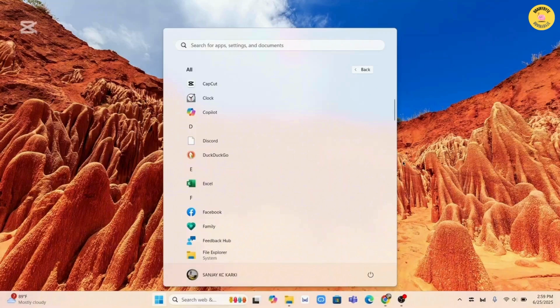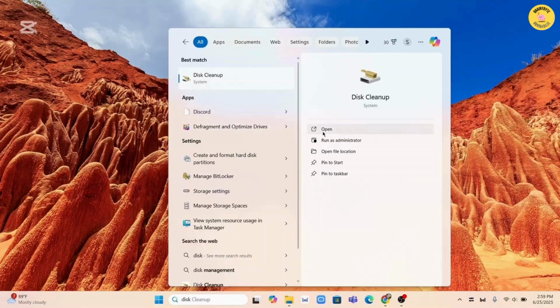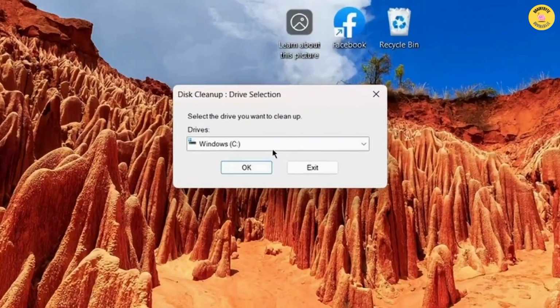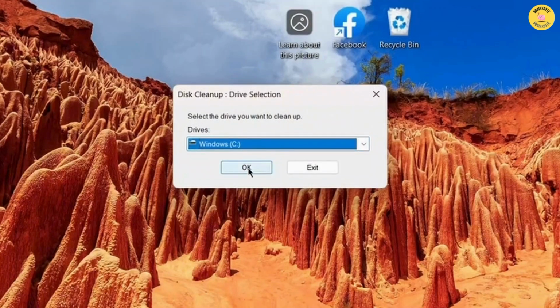For that, again come to the taskbar, in the search field, search for disk cleanup. After you open disk cleanup, from here choose your drive like C drive or D drive. After you select the drive, click on OK,